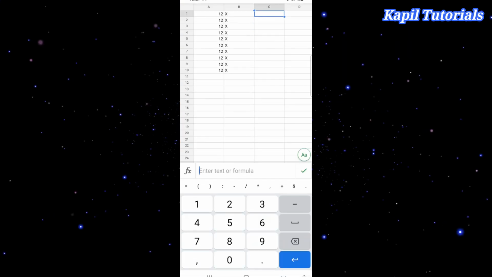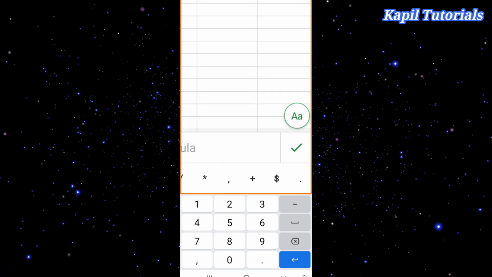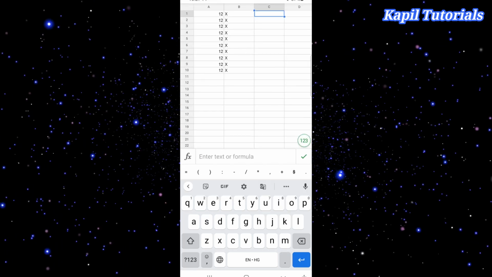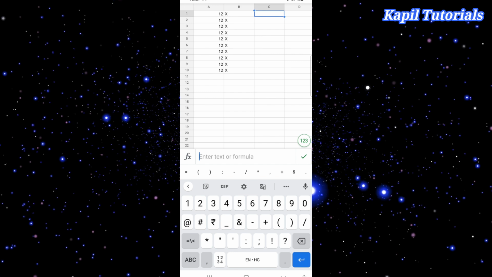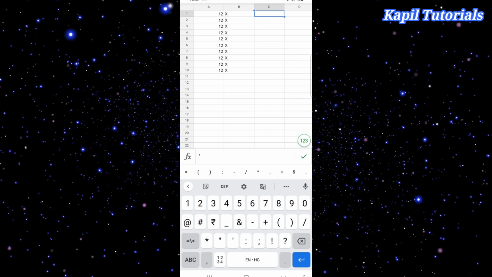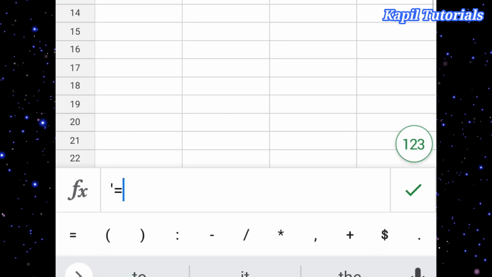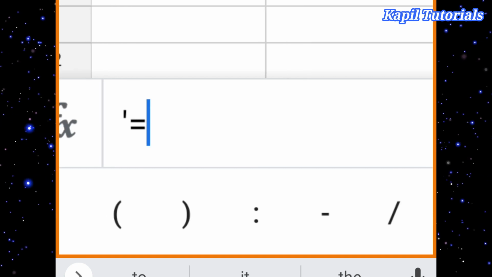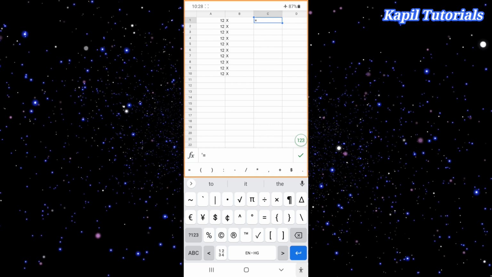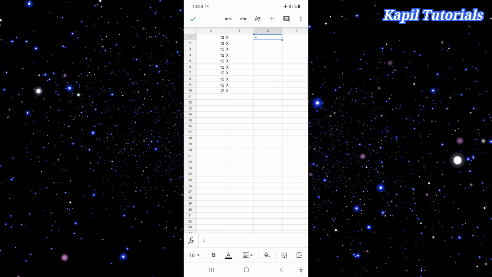So I'll click here. Now here I'll click on this alphabet key, which changes the keyboard. Then from here I have to see in my keyboard where the single colon is. I'll click on the single colon, and then afterwards the is equal to sign, like this. I hope it is clear. So once you do it and press the tick, that means enter, the is equal to sign is coming here.